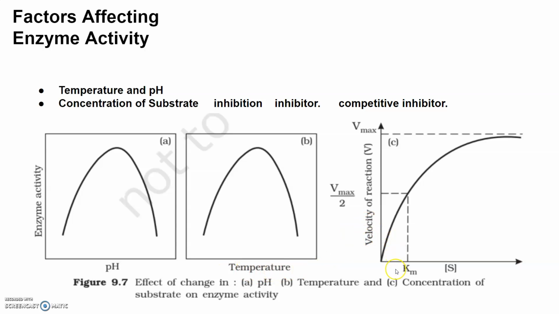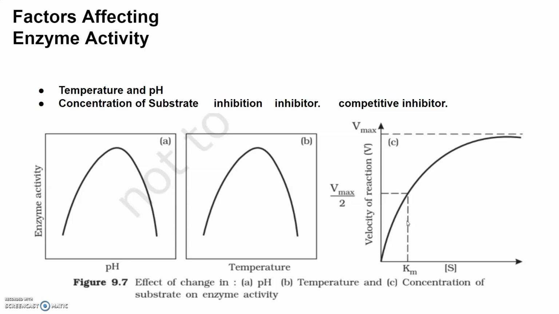Okay, then when we see the concentration of the substrate, we find that the reaction reaches a maximum level if there is an increase in the substrate concentration. The velocity or the speed of the reaction of the enzyme increases, but it does not exceed any further with the rise in the concentration of the substrate. This is because the enzyme molecules are fewer than the substrate molecules, and after saturation, there are no free enzyme molecules to bind with the additional substrate molecules.